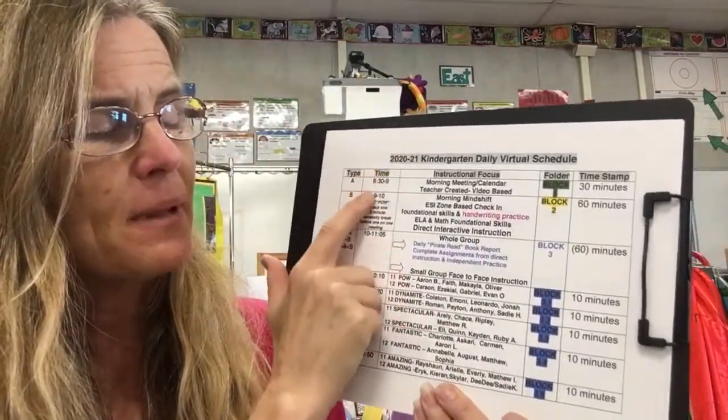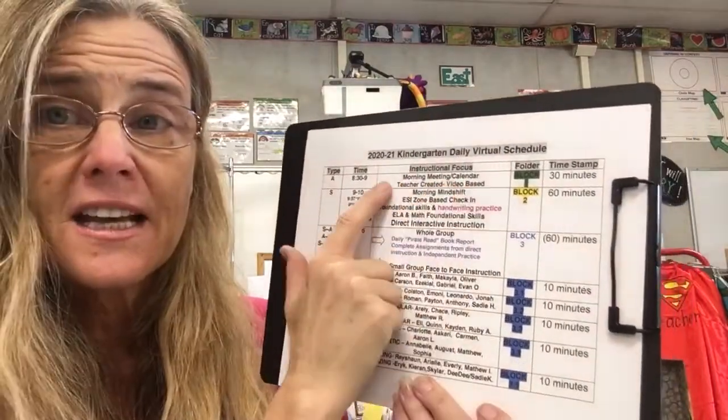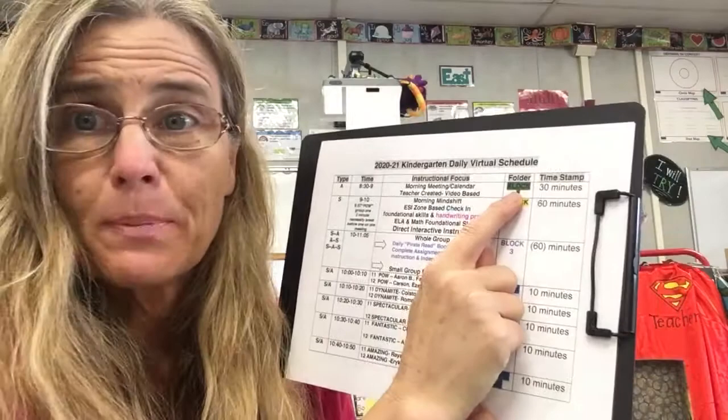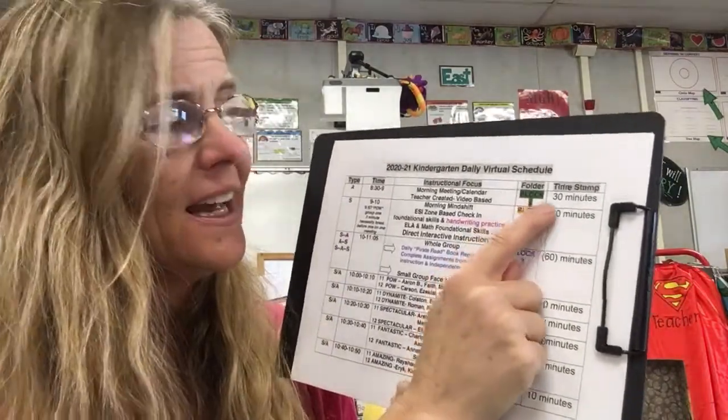This is the time block. This is what the expectation is for you to be doing. And we're going to be creating videos that go along with it. This video is just to explain it. This is block 1, and it's green. And it should take about 30 minutes. It may take you a little bit longer. It may take you a little bit less. But for time stamping purposes, we've allocated 30 minutes for the work that you're going to be doing out of